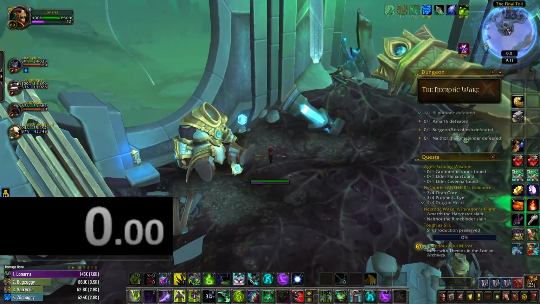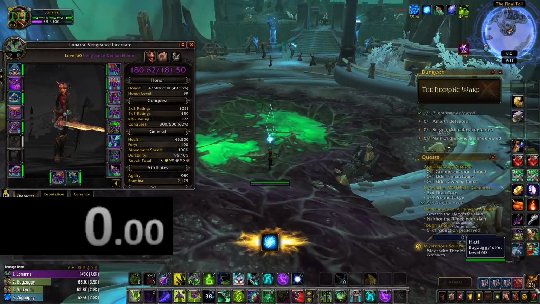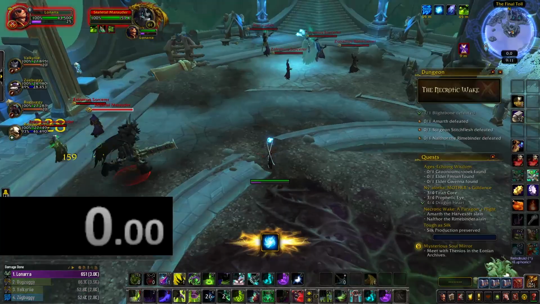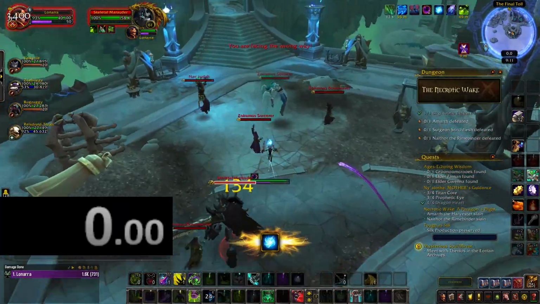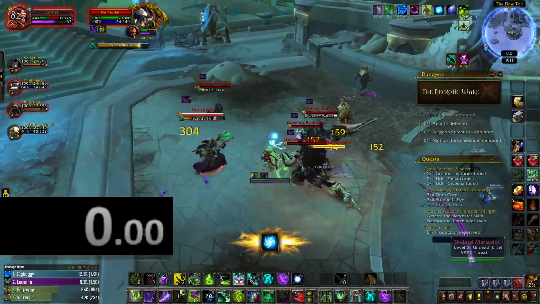One of the next trash packs you'll have to fight has 5 caster mobs, and this can be really problematic to deal with, as they spam cast Necrotic Bolt, which deals heavy magic damage to the tank on top of applying a healing absorb. However, there's an interactable object nearby called Discharged Anima that you can pick up, and it